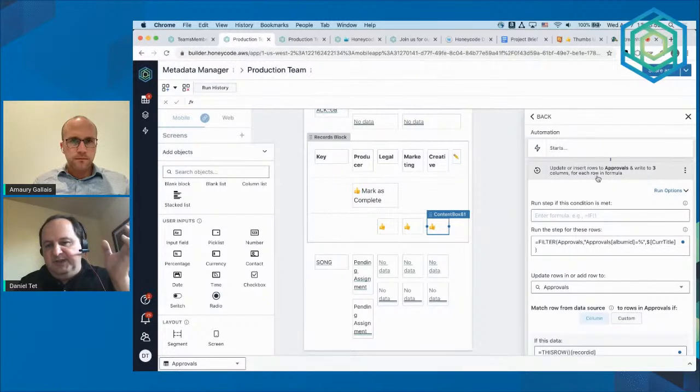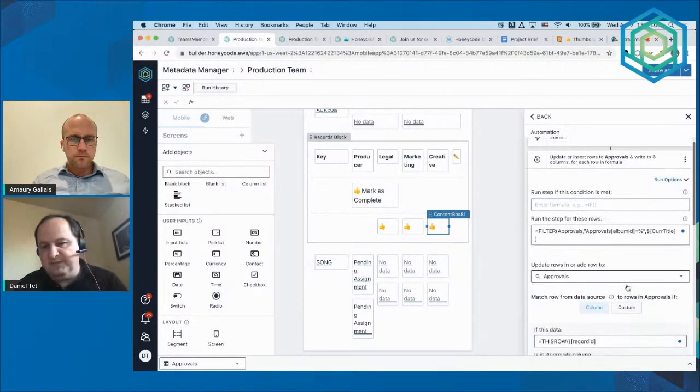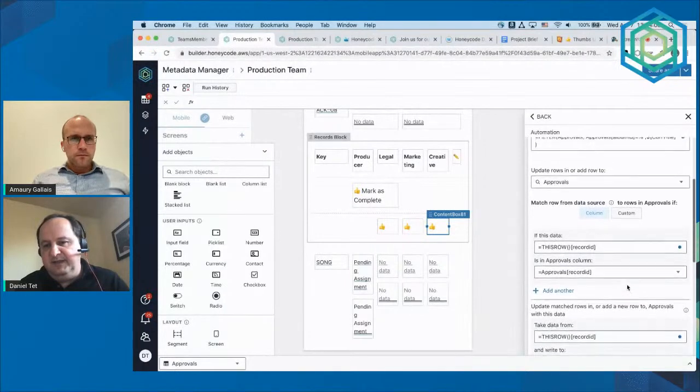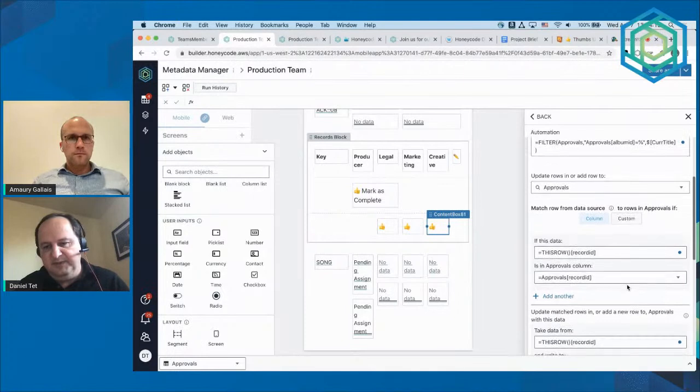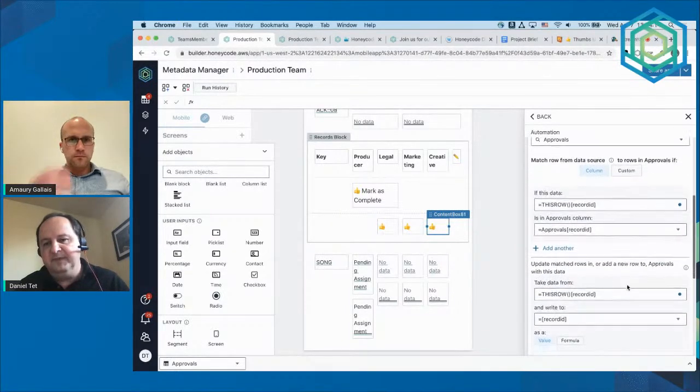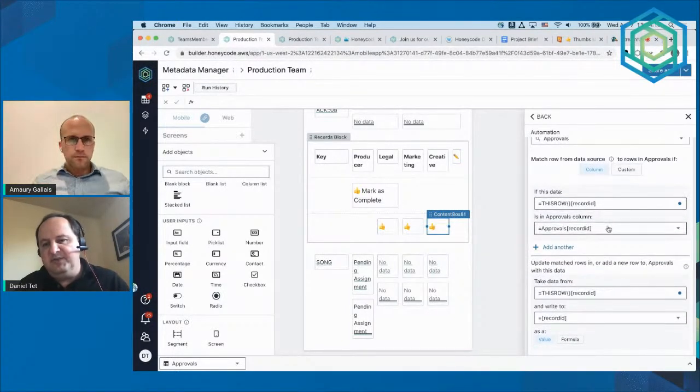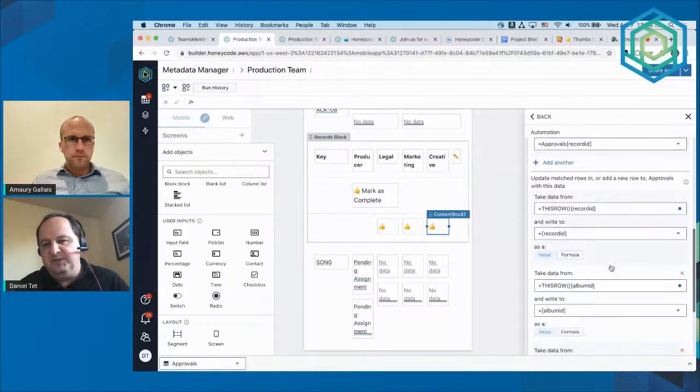So this action, all it does, seems a little complex, but it looks through all the approval records currently. So all the approvals that are assigned to this particular current title. So all the approval tasks. And then it does an upsert, or an update or insert, but in most cases it's just an update. It should already be an update there. So it matches if the record ID matches with the current record ID, and then it just updates the record,